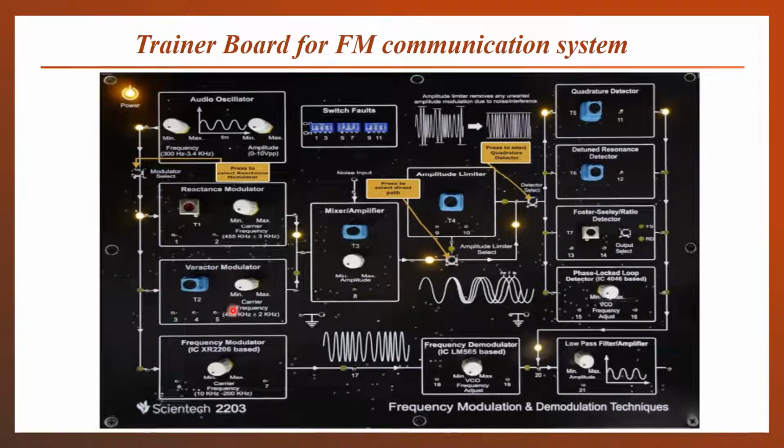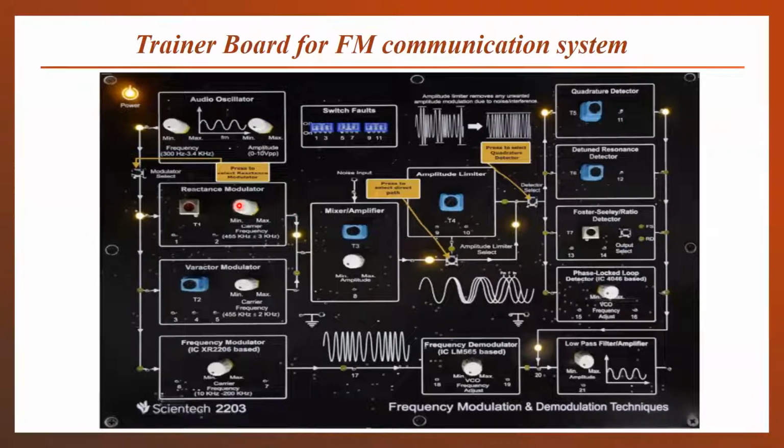And when you provide the particular modulator, this is the switch. This switch is used to select which modulator you want. If I press this switch, then the LED glow will be here, and your reactance modulator will be automatically chosen. Now the reactance modulator is chosen in the particular setup which we have picturized, and then the output, either from this or from this, the LED glow will show which modulator provides the output here. So at this time, the reactance modulator is activated.